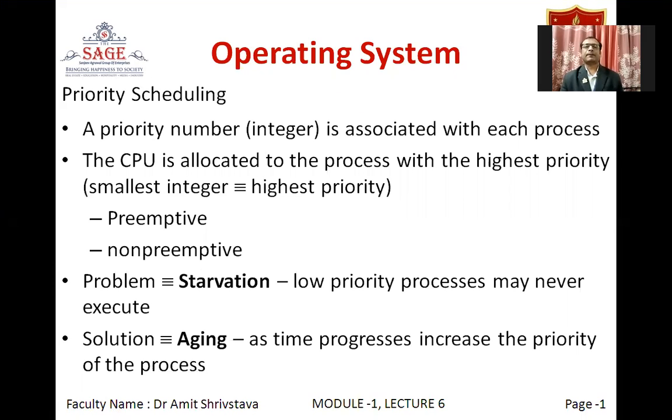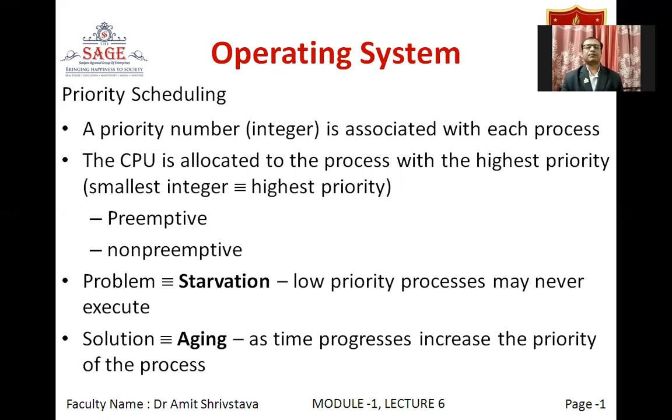We have also seen the round robin algorithm, in which we allocate the time slice to every process. In the previous example, we have seen that we have allotted a time slice of 3 milliseconds to every process. So no matter what is the CPU burst of that particular process, we will simply allot the time slice of 3 milliseconds, and then we will take away the CPU from that process and give it to the next process in the round robin fashion. So it means that round robin is the algorithm which is inherently preemptive in nature, right?